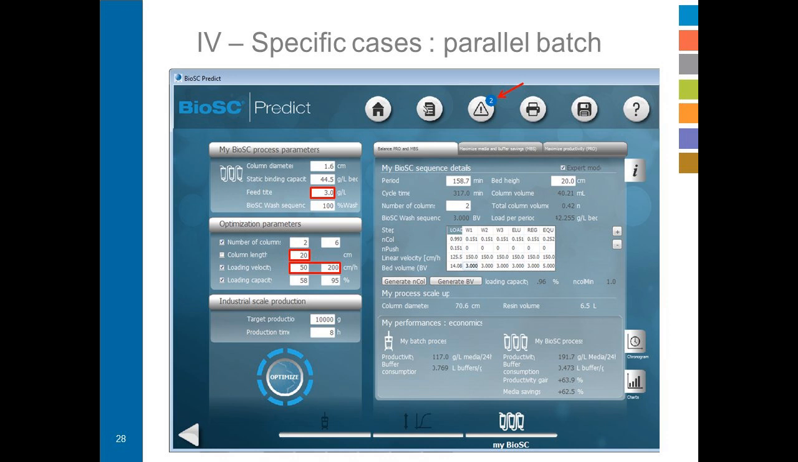So for the feed titer, here for the example, I have increased the feed titer up to 3 grams per liter. I have fixed the column length to 20 centimeters. For example, you plan to work with a pre-packed column and you don't have any freedom about the bed height, and you can't go above 200 centimeters per hour, for example, for issues with the pressure. If I click on optimize,